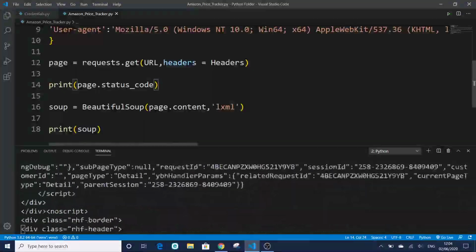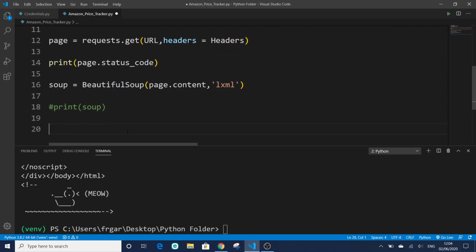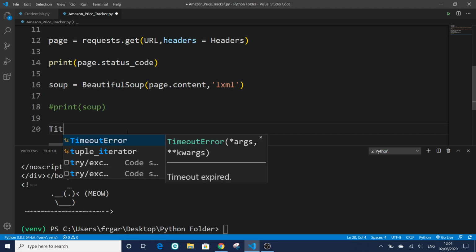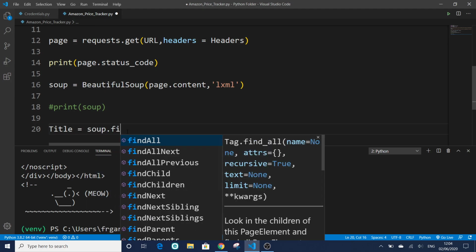We passed it as a URL. Okay, good. So let me comment that out, because we don't want to execute the program and go through that method again. And we're gonna extract the title. Very simple. So we use soup.find,